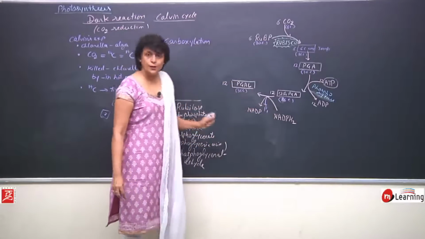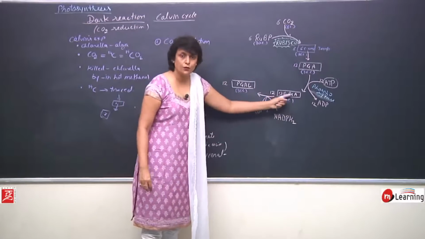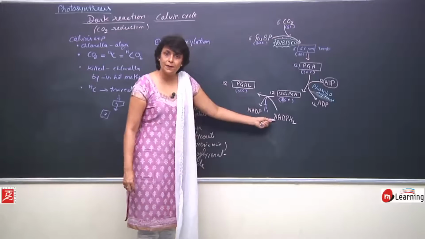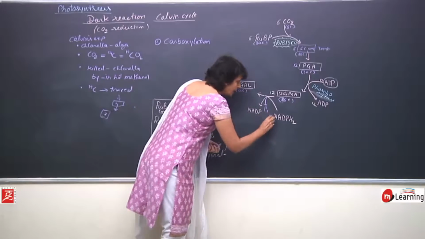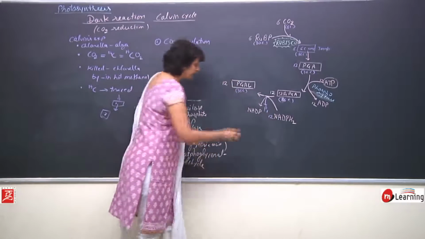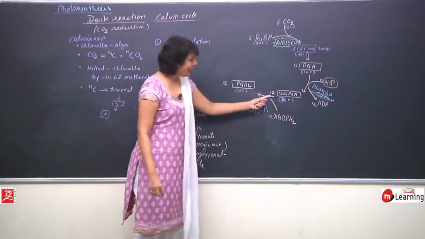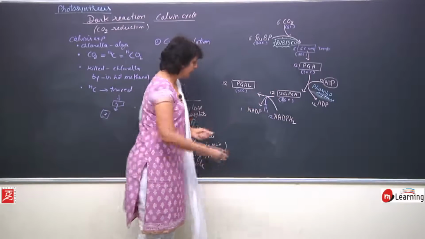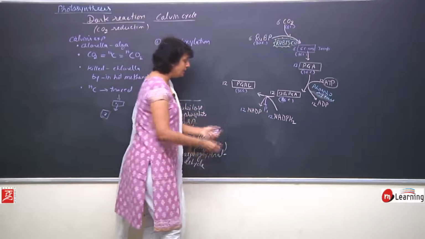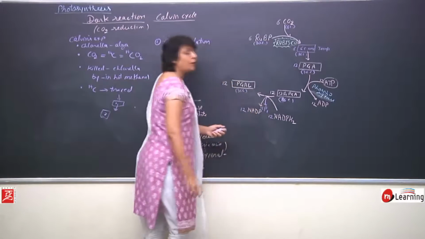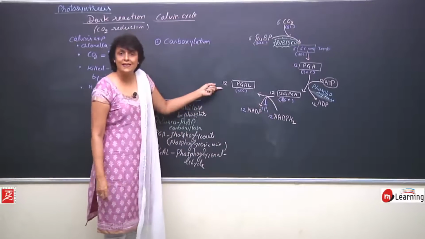Let us put the numbers. To reduce 1 PGA, that is phosphoglyceric acid, 1 NADPH2 will be required. There are 12 molecules. So 12 NADPH2 will reduce 12 diphosphoglyceric acids, 12 NADP will be obtained, and 12 inorganic phosphates will be released. Now we have an aldehyde,